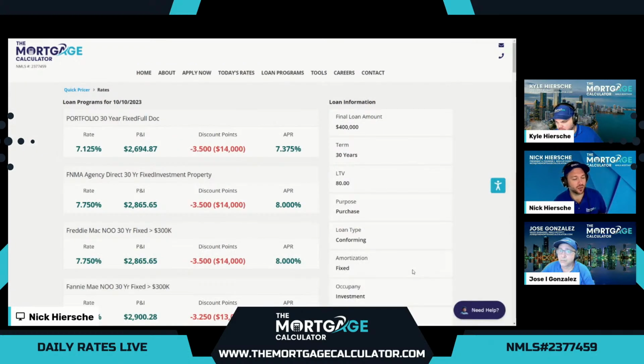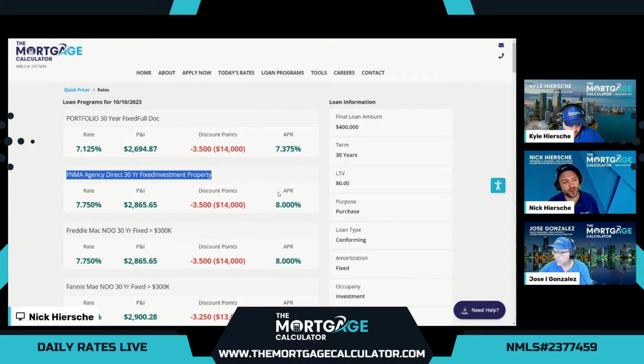Wow, amazing. So as I mentioned, usually these portfolio options are full doc. They use the same guidelines, but these are not what we would call Fannie Mae options. So this option looks so different because it is a portfolio option from one of our partners. 7.125 rate, 3.5 discount points and cost, puts the final APR at 7.375. So a great option. This is the actual lowest rate option for an actual Fannie Mae, which does have different adjustments here, especially for investment properties. So that's where you see our portfolio option. They follow the guidelines besides the adjustments, so the pricing is way better.